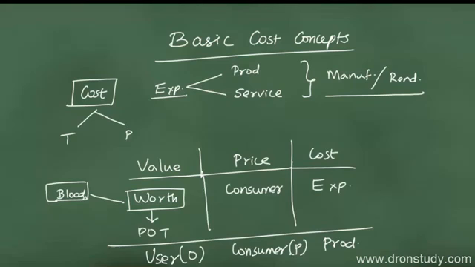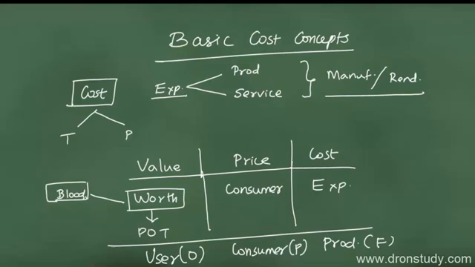Everything can happen. So price is basically a policy, whereas what is fact is cost. Cost is the fact. Price is a policy and value is an opinion. So we should have absolute knowledge on costing, and it is very important for the success of any business, and hence this course,